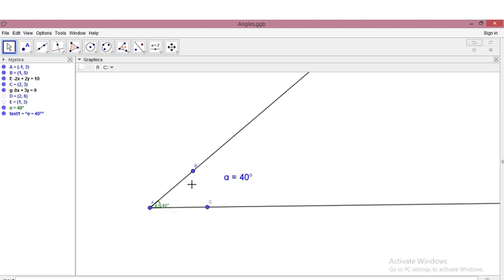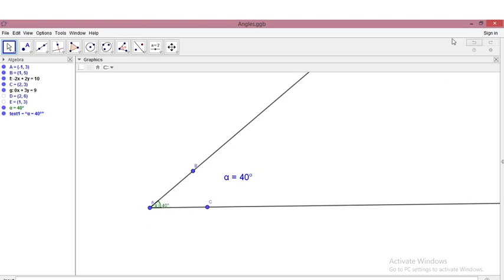So when you are supposed to find the reflex angle, you need to find the angle which starts from here, goes on like this and comes to C. I can't mark it here, otherwise I will show you. To find that, if you are given angle alpha, you subtract it from 360 degrees and you will find the reflex angle alpha.